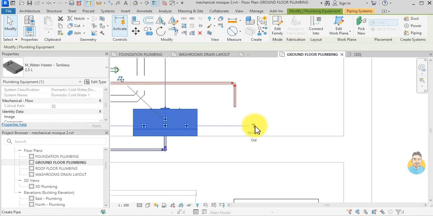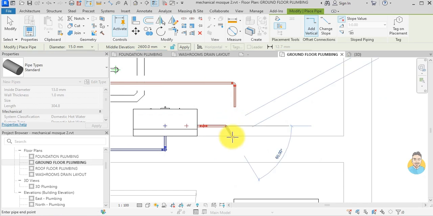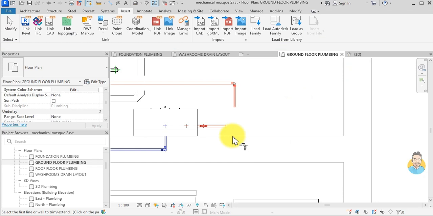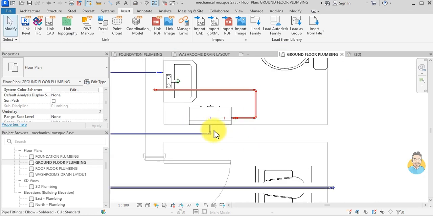I can click here, I do the same thing, 600, and I click here, and then 2600, and then I can place it here, and TR for trim, one here and one here. If you go to the 3D, so I click any two components,